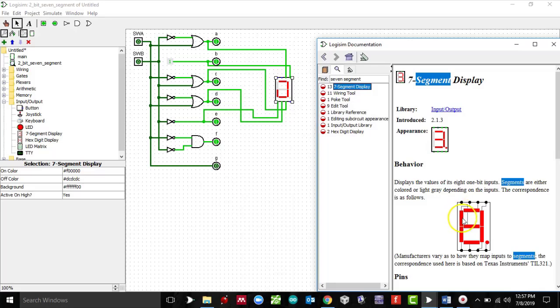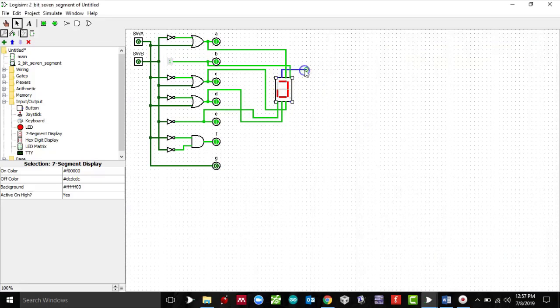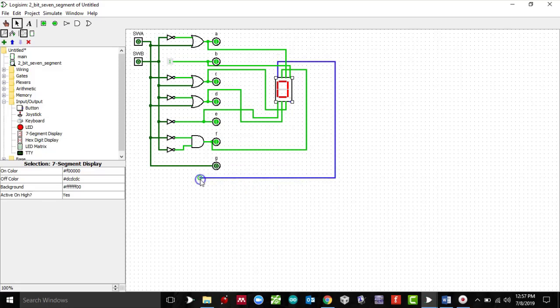This one is F. This dot is connected to F, and this dot is connected to G. Okay, all right. So let's connect F first. Okay, and this is G. So then you connect this one. Now notice,